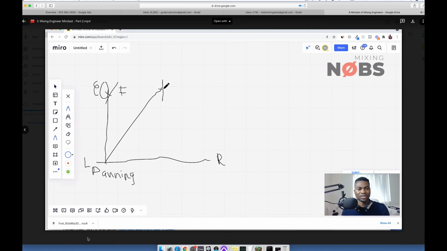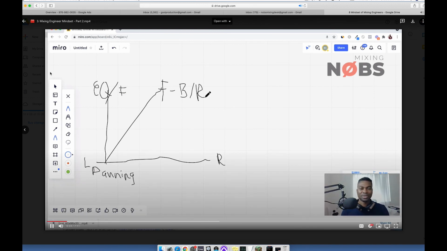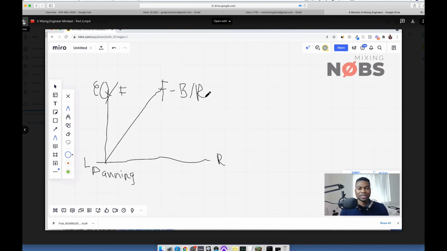So we can call this F and B, front and back panning. So that's very important in your mix. And that's one of the 5th mindset. When you mix, you have to constantly think